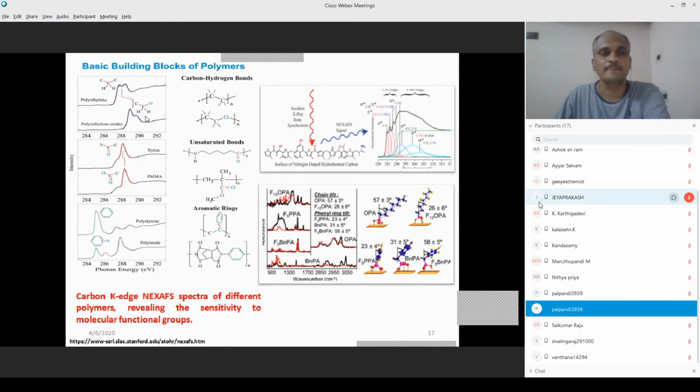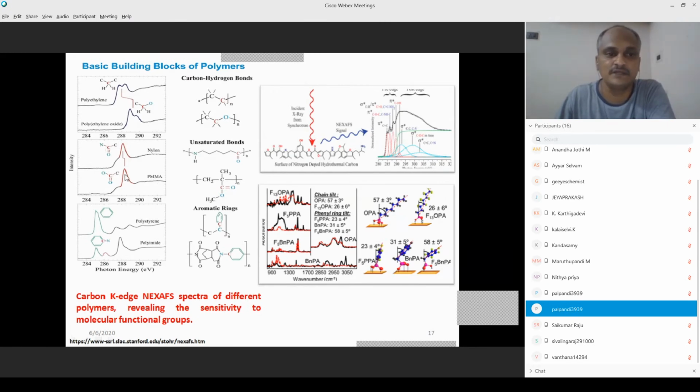We all know that oxygen has a higher electronegativity than the carbon atom. So the NEXAFS spectra shows a deflection towards the higher energy, right? Then there is a very big difference in the splitting, right? The small shift towards the higher energy is because of the higher electronegativity of the oxygen atom, right? Coming to the next spectra, which has nylon and polymethyl methacrylate, nylon is